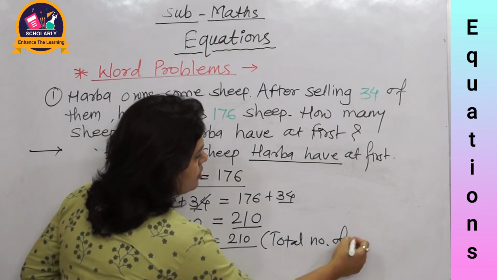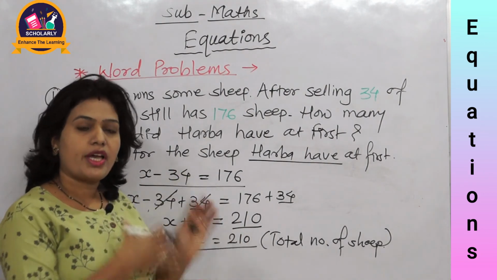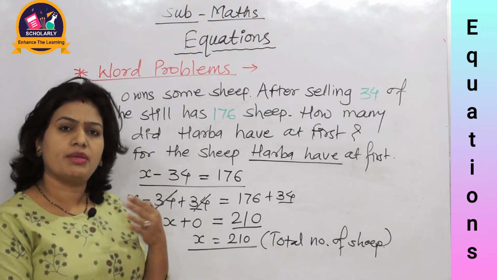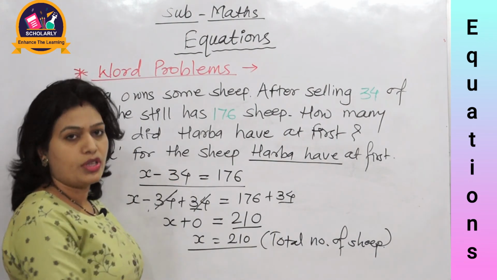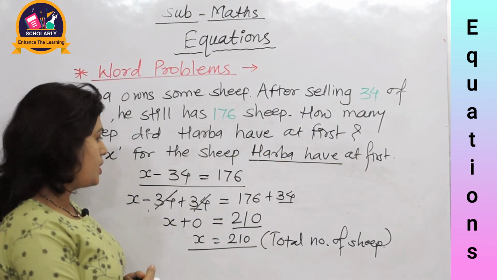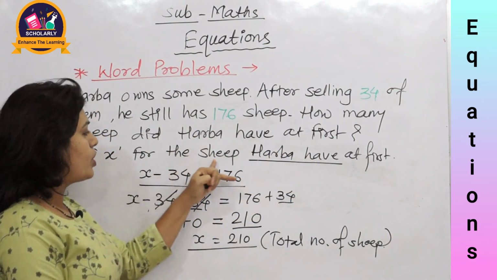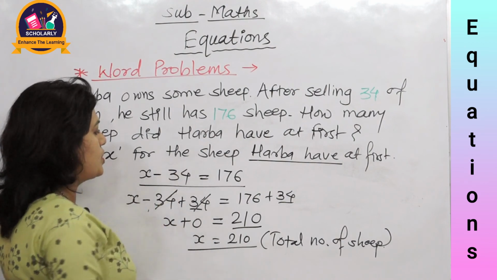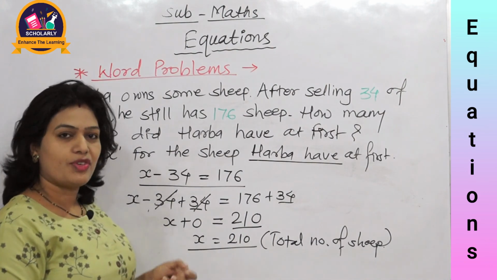In this way, we can solve any equation using the rules of equality of addition, subtraction, multiplication and division, but we have to perform that action on both the sides. So let's revise again what we did. First of all, for the information which we have to find out, consider a letter. Then using the information in the problem, write the equation, and then using the rules of equality, solve it. So this is the answer of this equation.